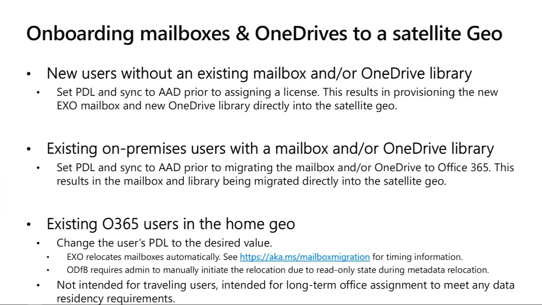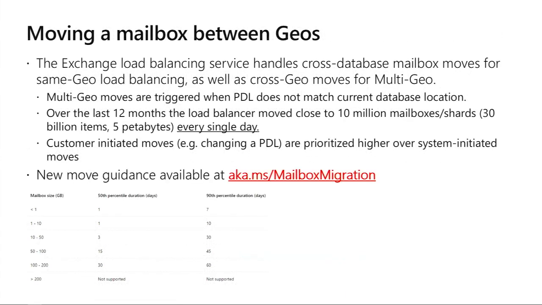Now, on the users that are already in the home geo, so your customer that's been in Office 365, a lot of your employees are there, and suddenly you have some new data residency regulations you need to adhere to, so you purchase Multi-Geo. Then it's a matter of setting the PDL on the user. Exchange will start those migrations behind the scenes. There's a handy URL here, aka.ms/mailbox-migration. There's a table in there, which we'll show here, that tells you, for the size of the mailbox,